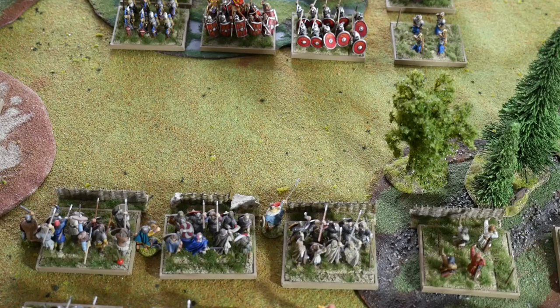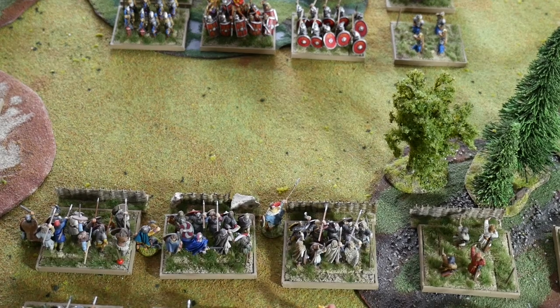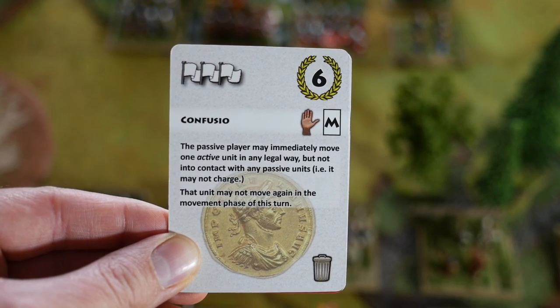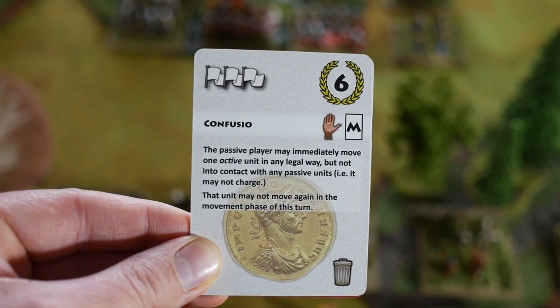Aurelian uses a system of interrupts. The German player announces his movement phase, and as soon as he announces this, the Roman player says, well, I have an interrupt for that. And he shows the Confusio card. Confusio, so confusion in Latin,